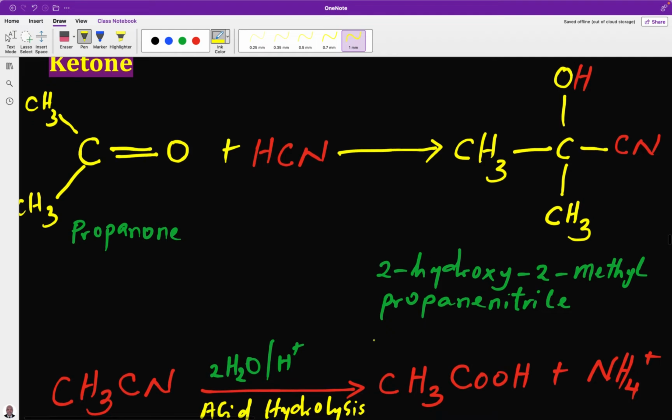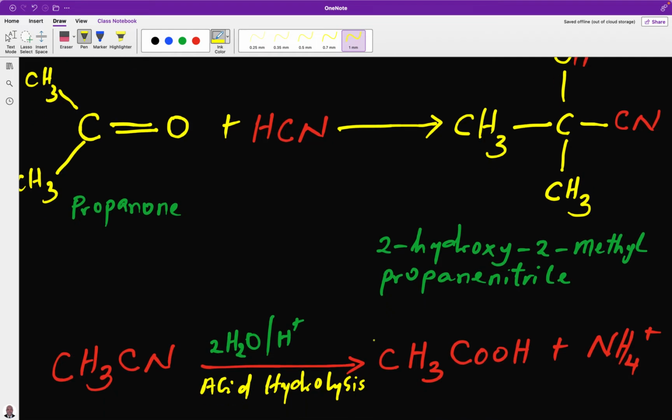I am using ethane nitrile as our example. If it is hydrolyzed under acidic condition, we will have ethanoic acid. Let's move straight away to the mechanism of this